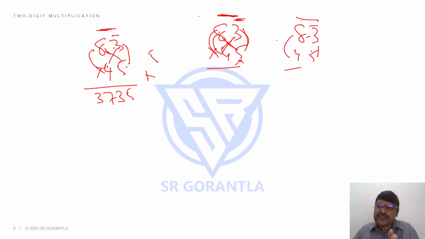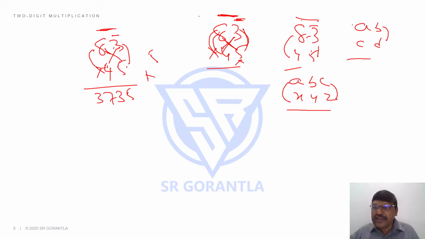See, any multiplication, students, you start from the rightmost places and end with the leftmost places. When we come to 3 digit multiplication, I will tell you, suppose I have ABC into XYZ, where I start with C into Z, I'll end with A into X. In between, there will be a few steps. So if I take AB into CD, I'm starting with B into D, ending with A into C. So you're starting from the right hand and ending with the leftmost digits there. Is that fine? So just keep it in mind. When we come to 3 digit, I will explain this in a little more detail. Is it okay, students? Right.